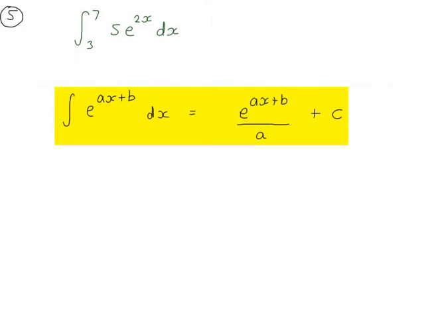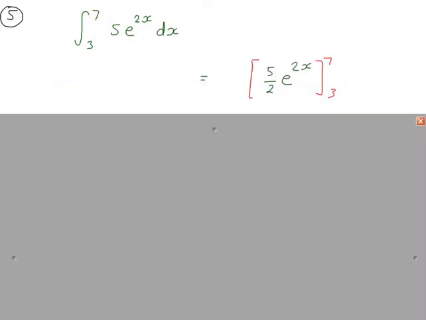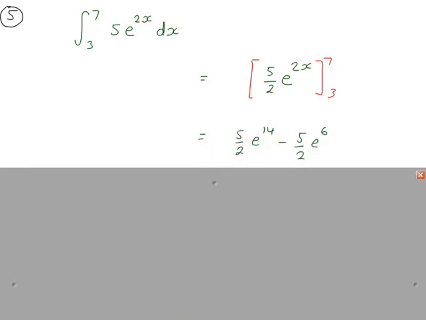So integrating e to the power of 2x will give us e to the power of 2x again, because that's the same as this, but we have to divide by the coefficient of x, so we have to divide by 2, and then we're going to multiply by 5 and then substitute the limits in. So we get this, substituting the limits in,